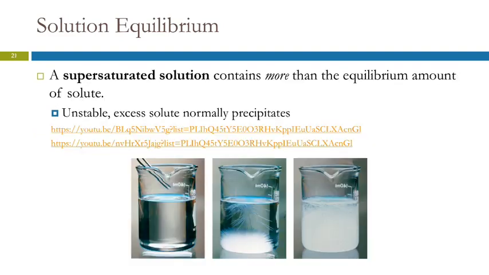You can also, though, get a supersaturated solution that has more than the equilibrium amount of solute. Now, didn't I just say that was impossible? It's possible under very specific circumstances. These supersaturated solutions are unstable. The excess solute will normally precipitate. One way that you can make these